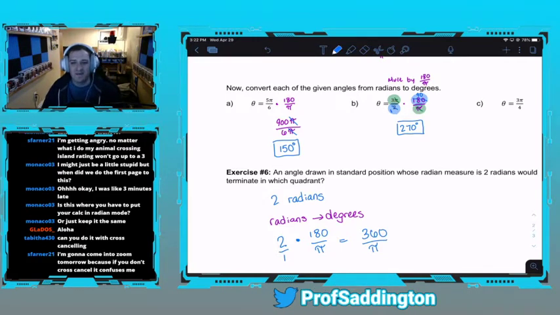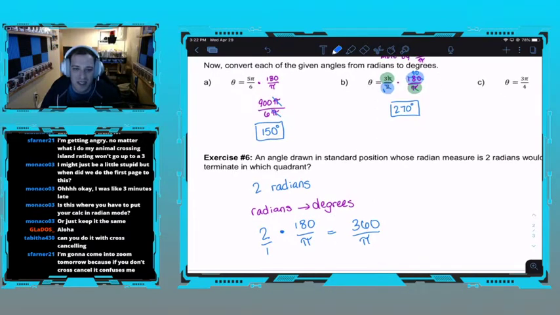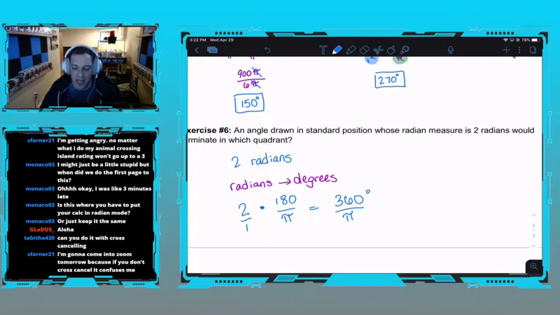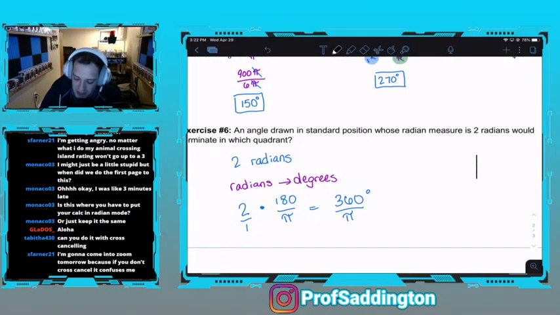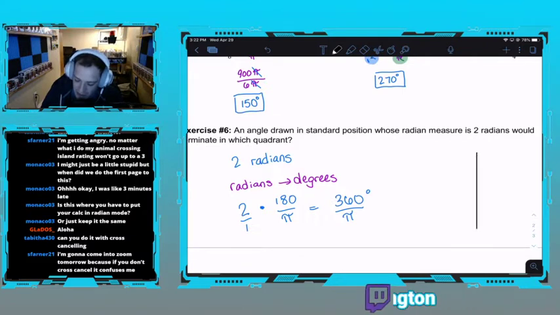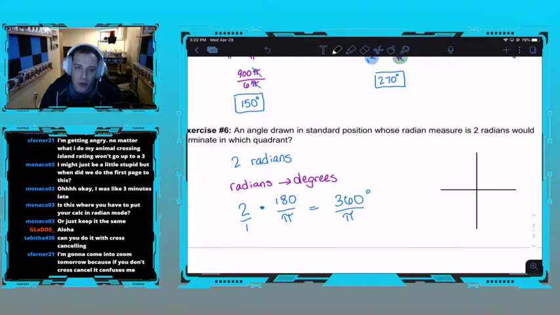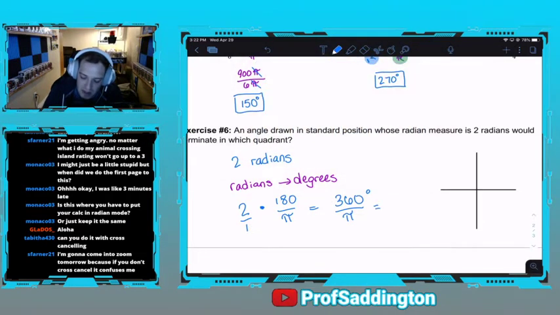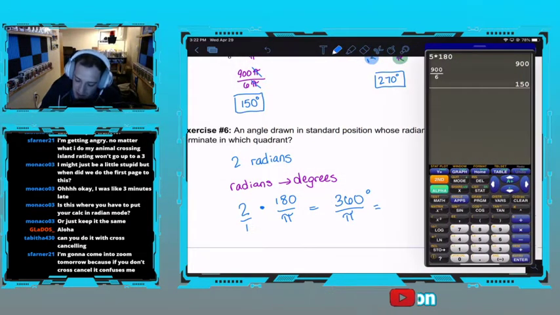But still, I'm now looking at that answer. It's 360 degrees over pi. If I were to give you guys an X and Y axis and ask you to graph this for me, that's not something you know how to graph off the top of your head. The only way you're going to be able to graph 360 over pi is if you actually divide it out in your calculator. So I'm just going to type in 360 divided by pi,